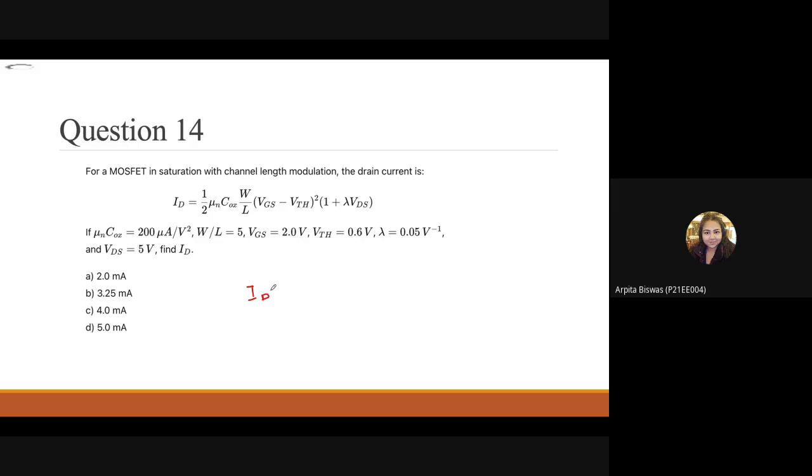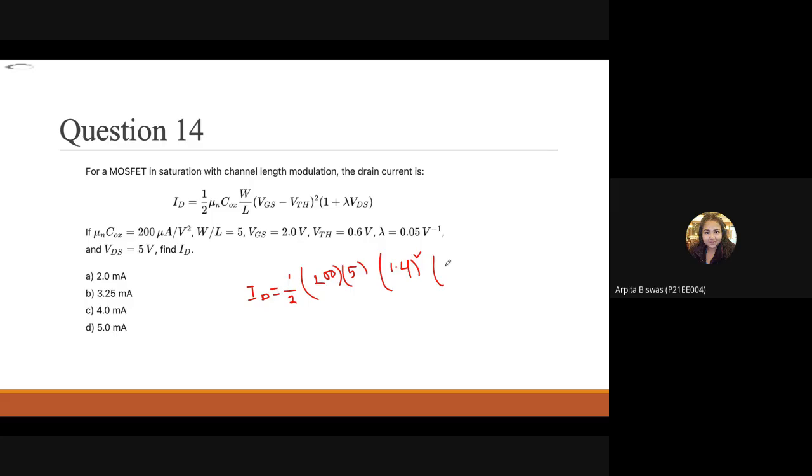ID equal to half of, what is the value of this mu n Cox? This is 200, right? Mu n Cox into W by L is given 5. Then the VGS minus VTH. What is the value of this VGS minus VTH? 1.4, right? 1.4 whole square